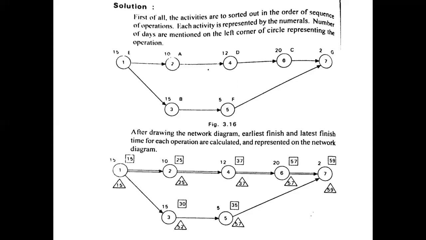So, in the calculation of latest finish time, we have to take the least one. For the last activity, we are going to get two post activities. So, among these, which one is less, we have to take that value as latest finish time. So, among 37 and 15, 15 is the lowest. That's why we have to take 15 as the latest finish time of this first activity. Whereas in the calculation of earliest finish time, we have to take the maximum.